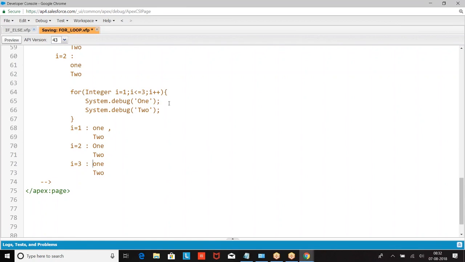In the loop, how many parameters am I taking? Parameter 1, parameter 2, parameter 3. Parameter 1 is the initial value: where is the count starting from? Parameter 2 is termination: when should I terminate? Parameter 3 is the increment: every time the operation runs, increment the count by how much? Plus 1, plus 5, or plus 10. I hope you are good.